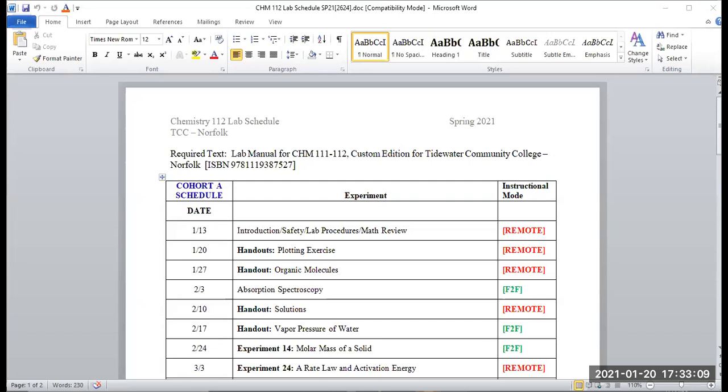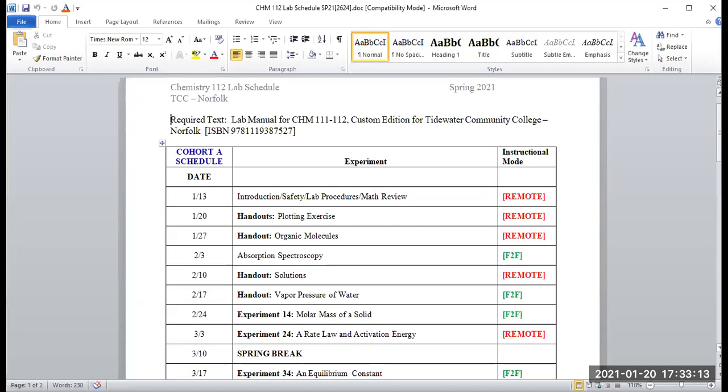So last week, that was the 13th, was math review, and we talked a little bit about safety. That actually applies more to actually being in the lab for real. We have to run through some of that stuff. Today is the plotting exercise, which is all about using Excel. And then